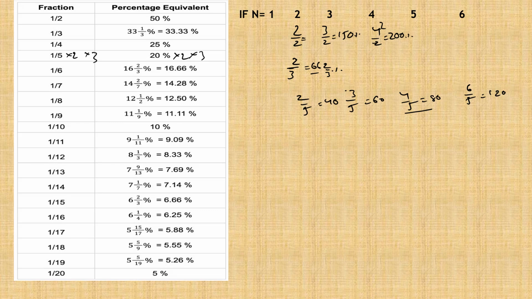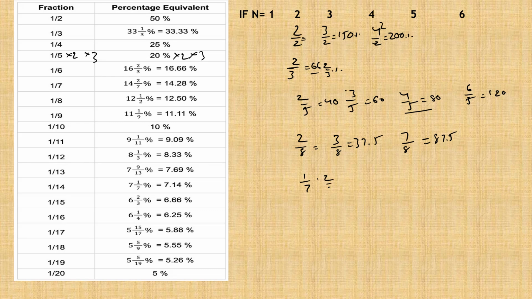1 by 8 denotes 12.5. 2 by 8 denotes 1 by 4, that is 25%. 3 by 8 denotes 12.5 into 3, that is 37.5%. 4 by 8 denotes 50%. 7 by 8 denotes 87.5%, that is 7 into 12.5. Likewise, you need to remember 1 by 7 denotes 14 2 by 7%, and 2 by